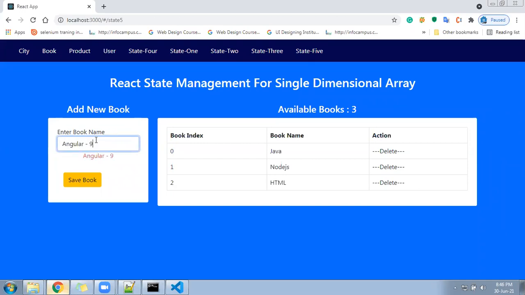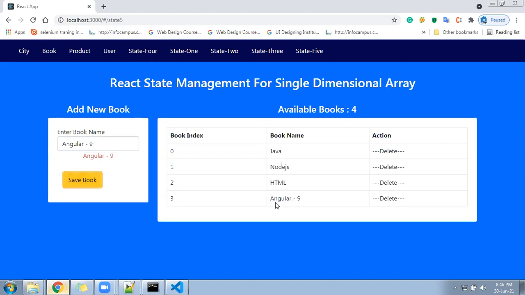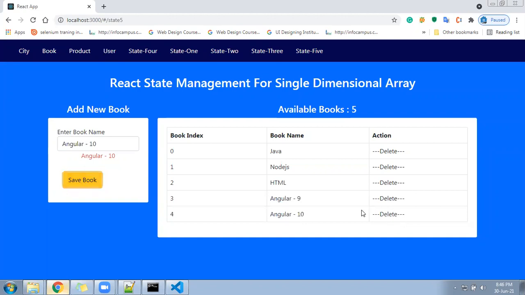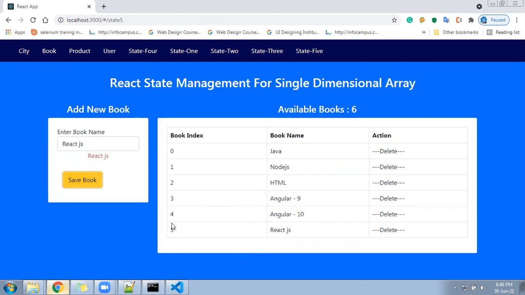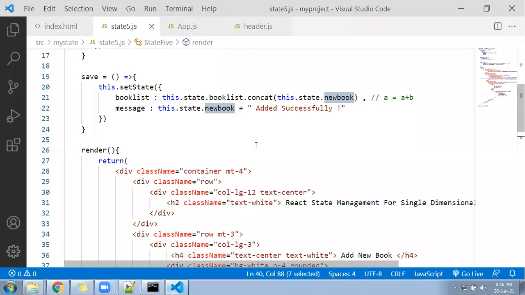9, save. Here you can see Angular 9 plus, available books how many? 4. Angular 10, save, here you can see it got added here. Let me write here favorite language React.js, click on save, got added here, right? So hope you understood what is happening here. Okay, so now next target is